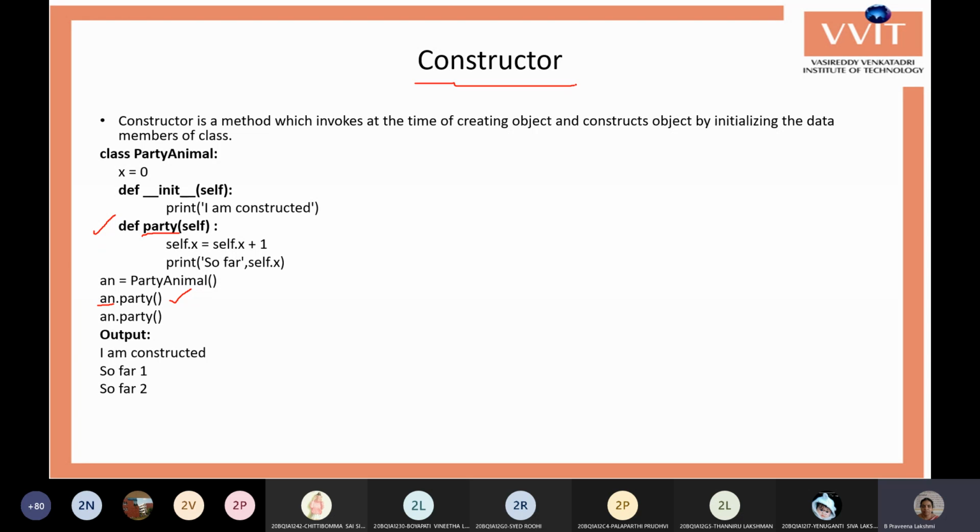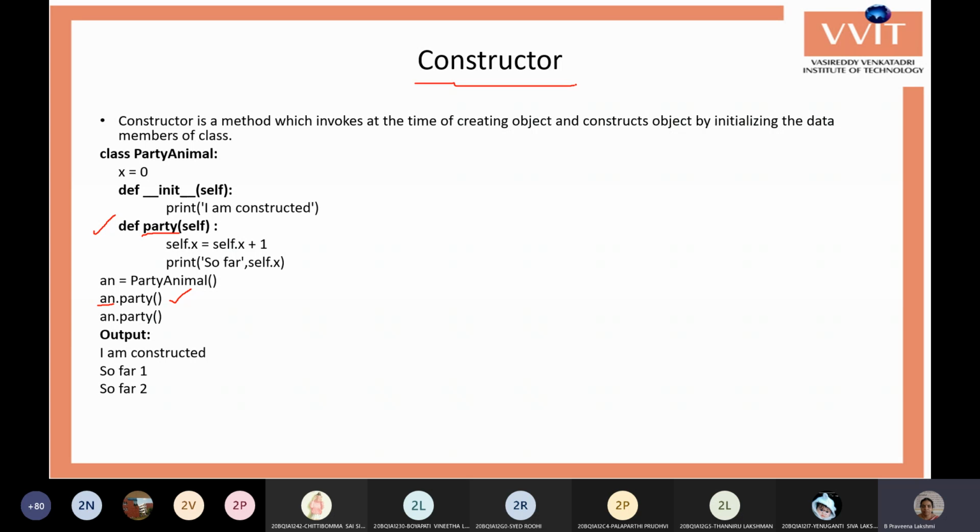The constructor is a method which is invoked at the time of creating the object, and it need not be invoked externally. It will be executed automatically whenever the object is created. The name itself specifies construct.